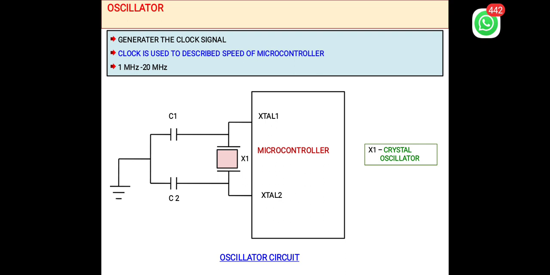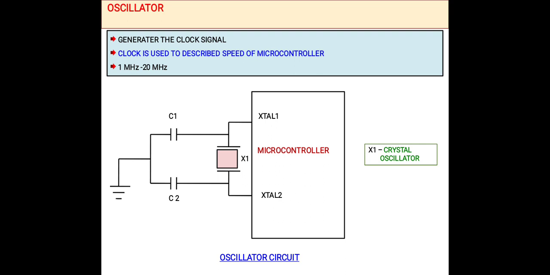Why is it used? It is used to generate the clock signal. The clock describes the speed of the microcontroller, in the range between 1 MHz and 20 MHz. For a higher speed of the microcontroller, processing has to be faster, so use a higher frequency.